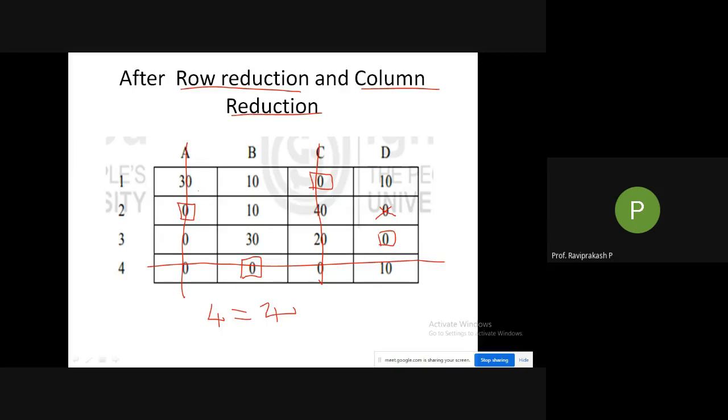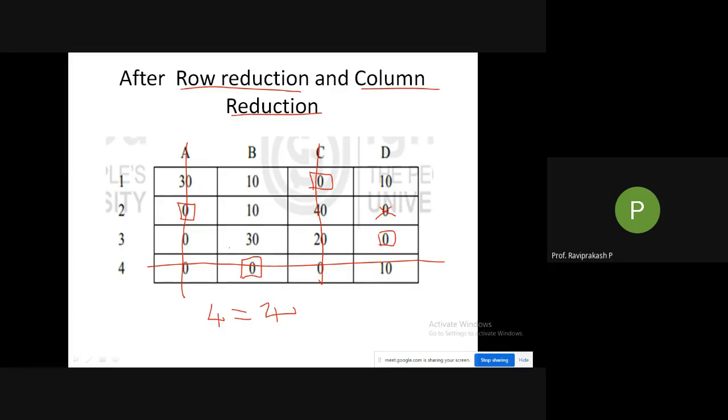What do you need to do when nothing can be done? In all rows, and in columns also, there will be 2 zeros. So the first row, wherever you are getting 2 zeros, you need to mark any one of the zeros. It could be this side also. You could mark this also. There is no issue. And if you mark this, this row gets cancelled, and if there is one more zero, yes, this also gets cancelled.